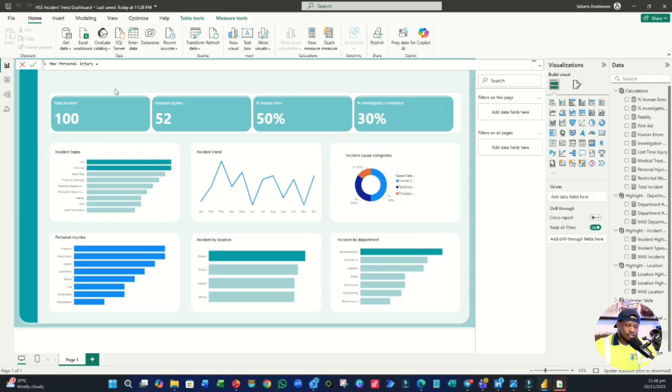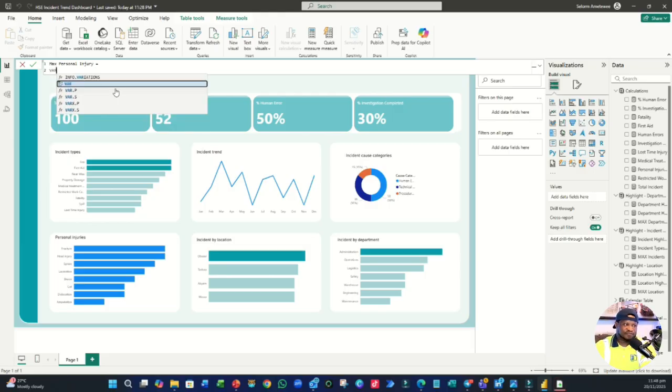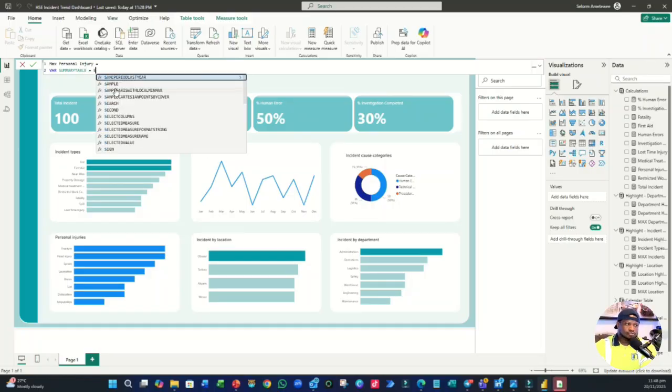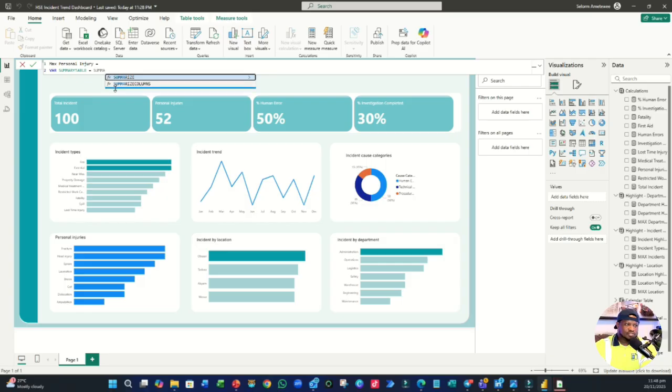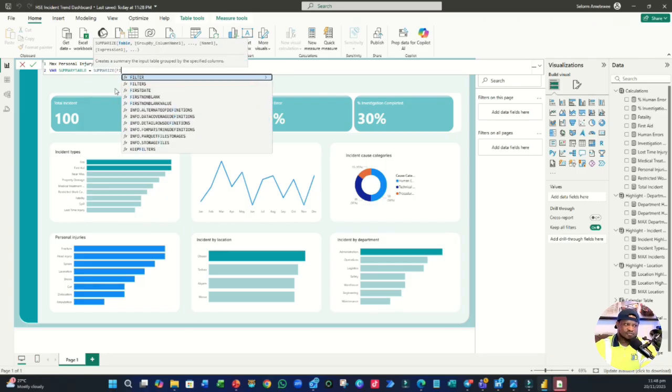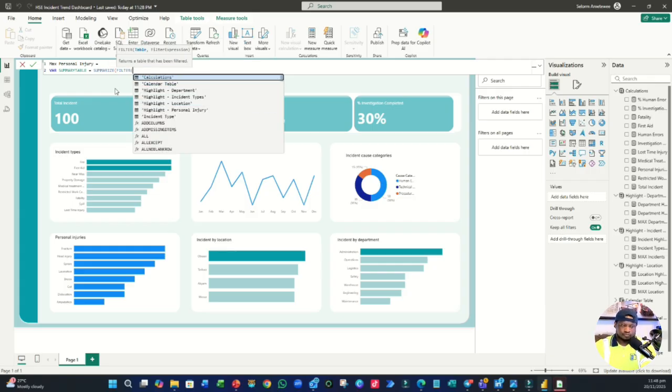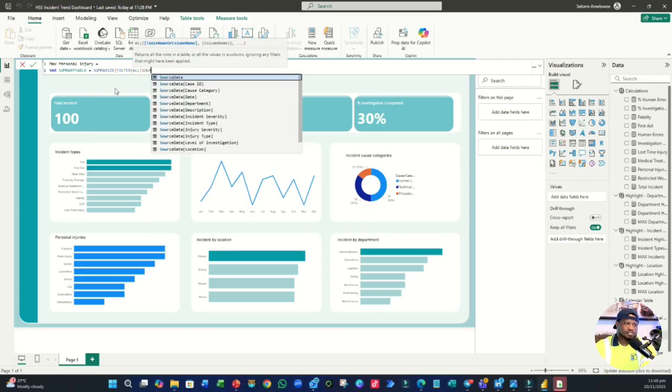we are going to do what we call the variable, right? So we just shift down and do the variable, this VAR. We use it to lock the name. It's like you are creating a name which will later be referenced in the calculation. So we are going to call it summary table, right? And this summary table will be equal to a summarize function, and within this summarize function we're going to filter all source data,